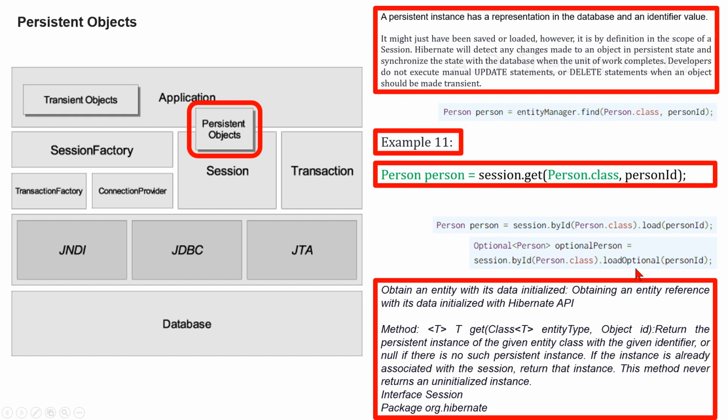Now we are considering obtaining an entity with its data initialized. Here, obtaining an entity reference with its data initialized with Hibernate API. The method get(Class<T> entityType, Object id) returns the persistent instance of the given entity class with a given identifier,